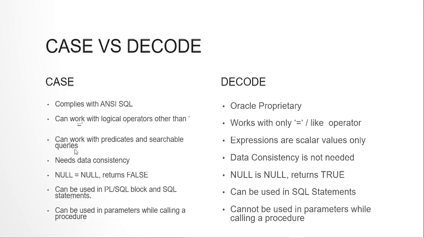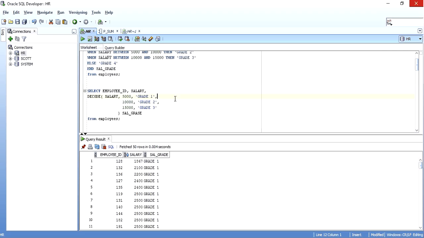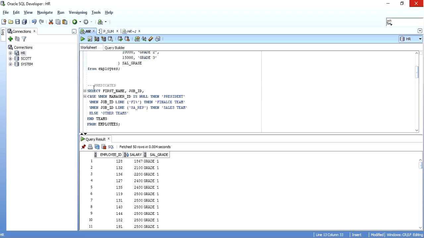The other difference is case can work with predicates and searchable queries also, whereas decode takes only expressions as scalar values. What I mean by that is, when you are working with a case statement, you can have a column name like this, or when job ID like this.